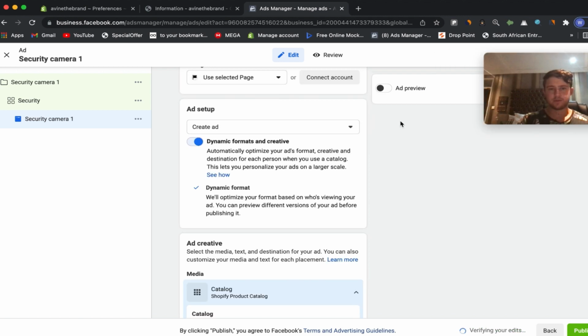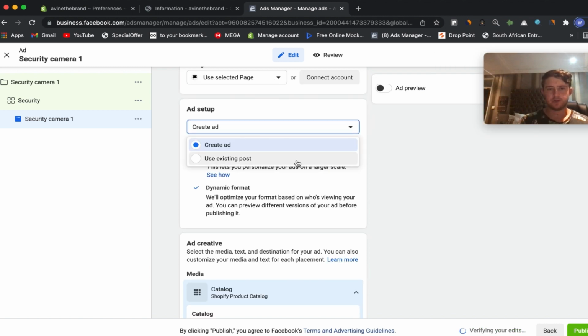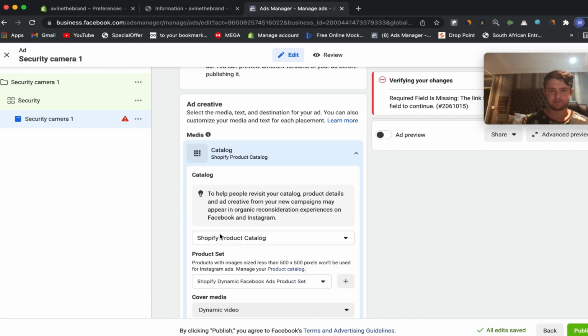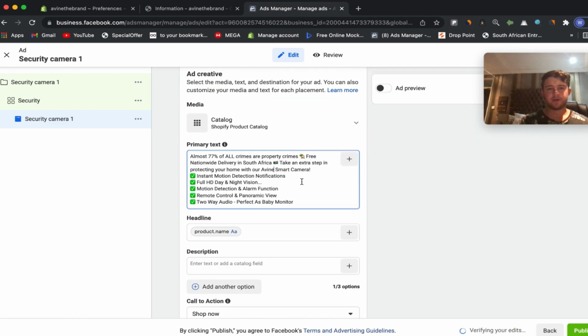URL. So once you've created the post on your page, you can always go here to use existing post. At the bottom, an option will come up that says the URL and shop now. The button to use, you can click on shop now and then add the URL in there. Okay, so I just created a bit of a primary text to give you guys an idea. So I said